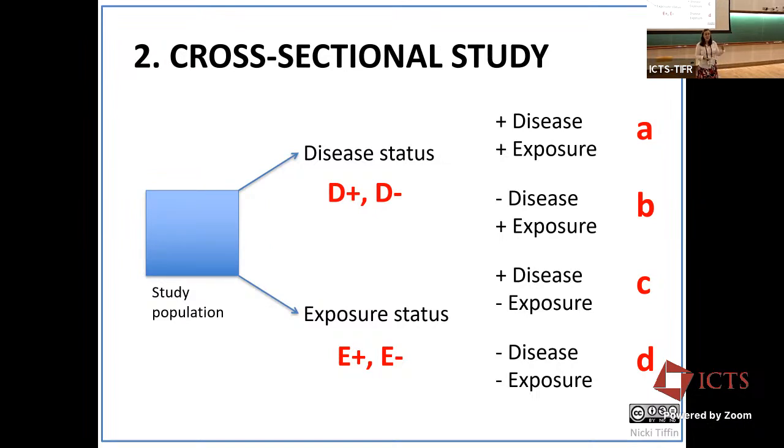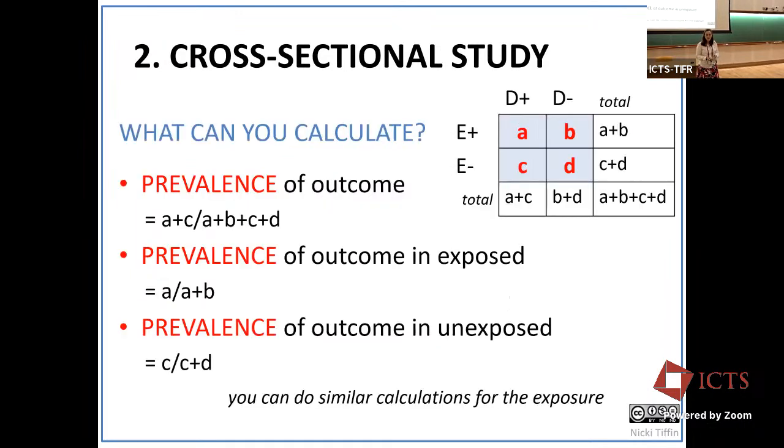You have people who have the outcome or the disease status, and people who don't, and people who have the exposures of interest and people who don't. So just like we saw the confusion matrix earlier, in epidemiology, the 2x2 tables are like our staple of calculating these different measures. And you can use these to calculate the prevalence. So I've done all the sums here. The slides will be available to you. I'm not going to go through the maths, but essentially how many people in this population have the outcome, how many people have the exposure,